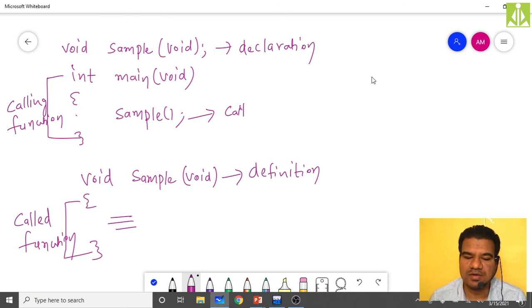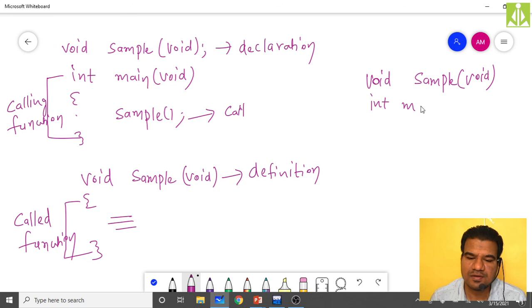Take the same function, void sample of void, then int main of void, because first of all it has to be called from the main function itself, because main is the initiating point.